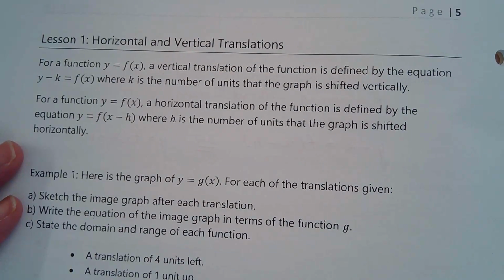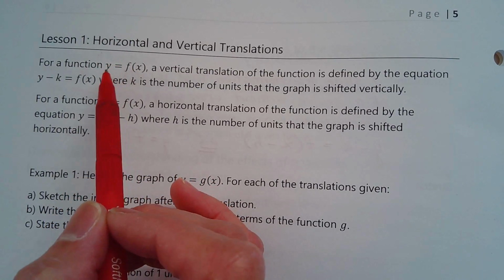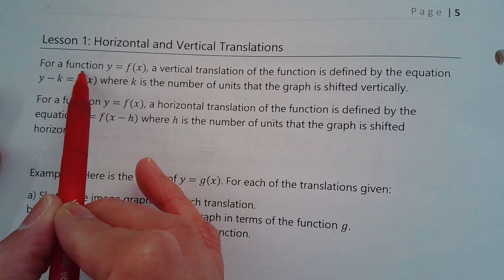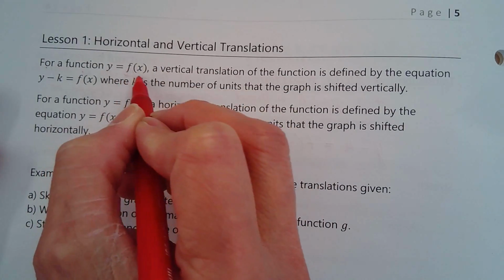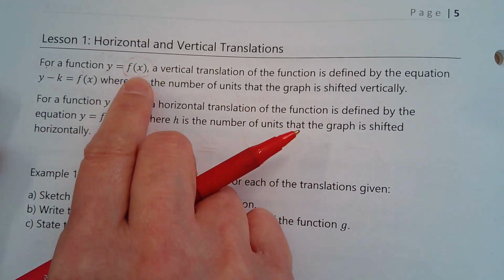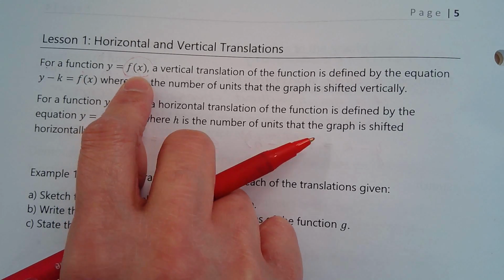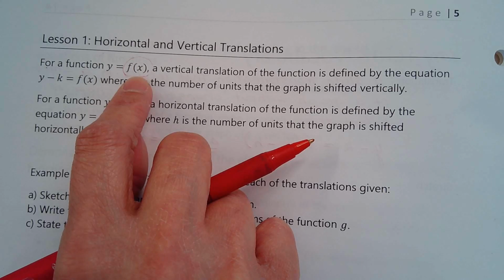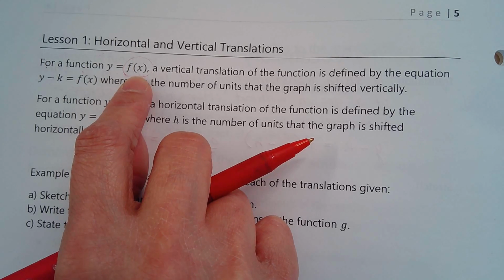here is a formal lesson. So lesson 1, horizontal and vertical translations. For a function y equals f of x, okay. Now f of x, this is the general form. It could, the f of x, the function could be any function that you could think of, right? So a function, y equals f of x,